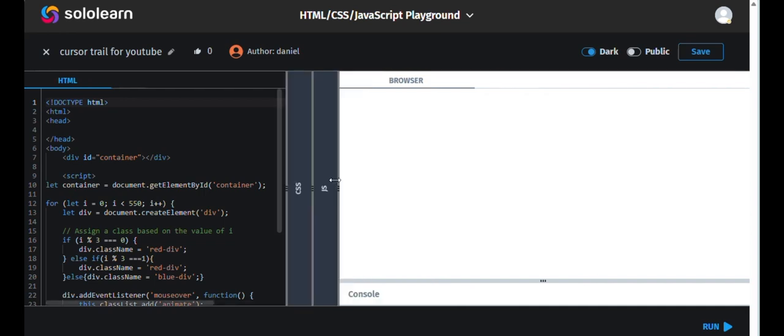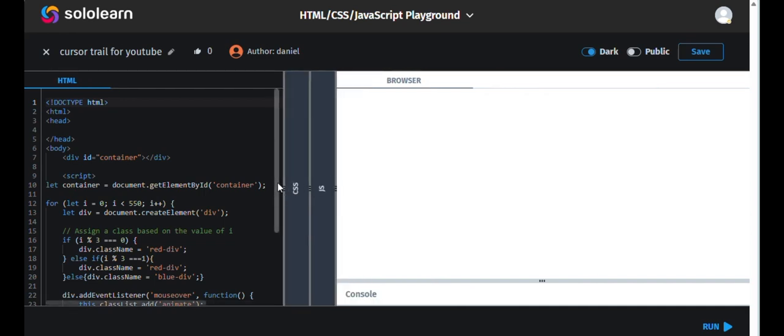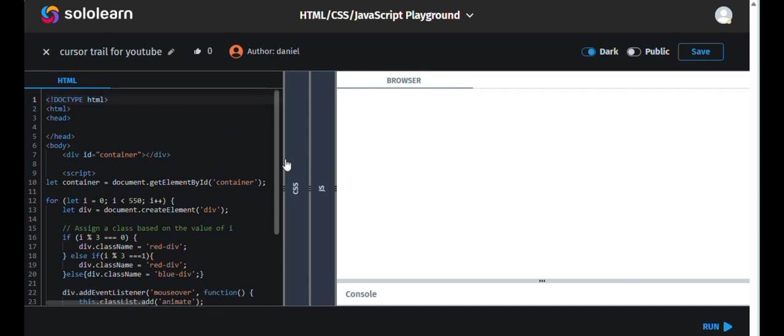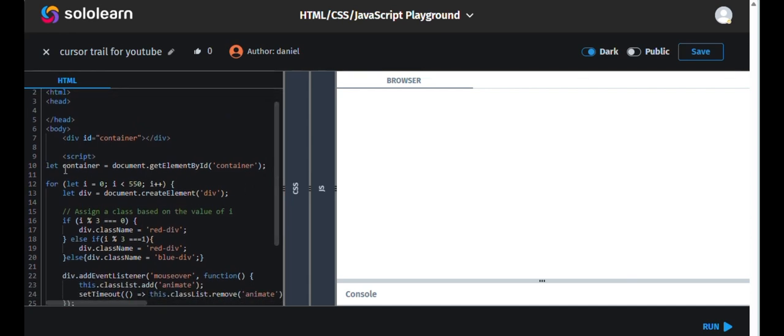Anyway, let's get going. First, you need to make a div ID equals container in your body. I'll give you 5 seconds to do that. Okay, next you have to copy this script. My best understanding is, I don't know what this is, but then